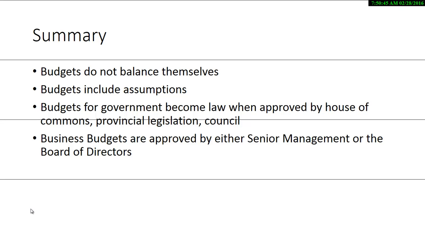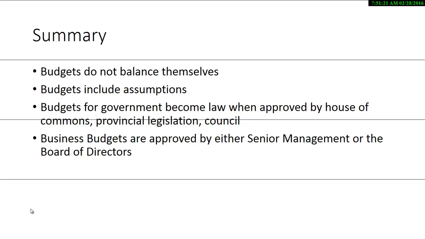Balanced budgets do not balance themselves. Despite what you hear from different people, you actually have to do hard work to get that budget to balance. The budget documents from municipal to provincial to federal all have a lot of assumptions built into them. They're detailed documents for that reason, to test the assumptions. Second thing is, a budget becomes law when it's approved by council, provincial legislatures, or the federal government. That's the key thing where you're seeing a little bit of difference in government. Now, if a government's got a majority government, then it's able to pass things through.